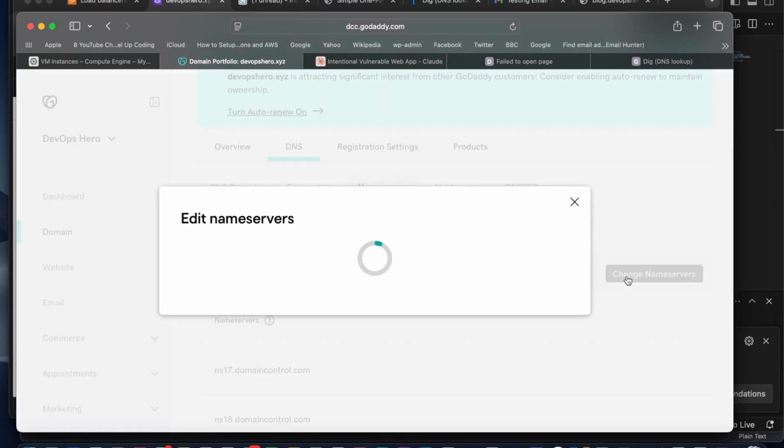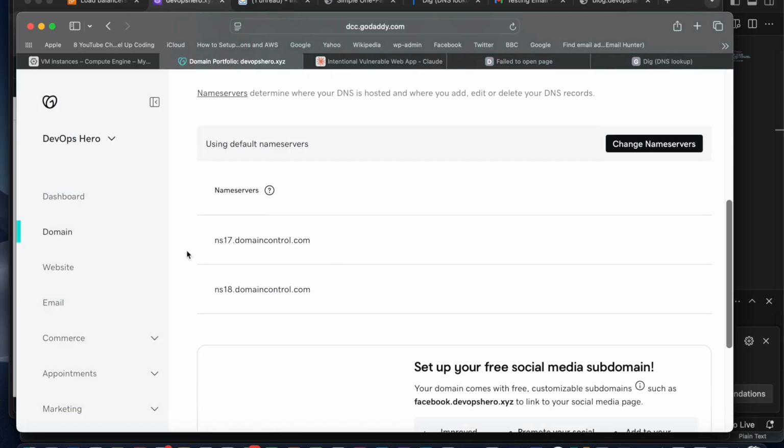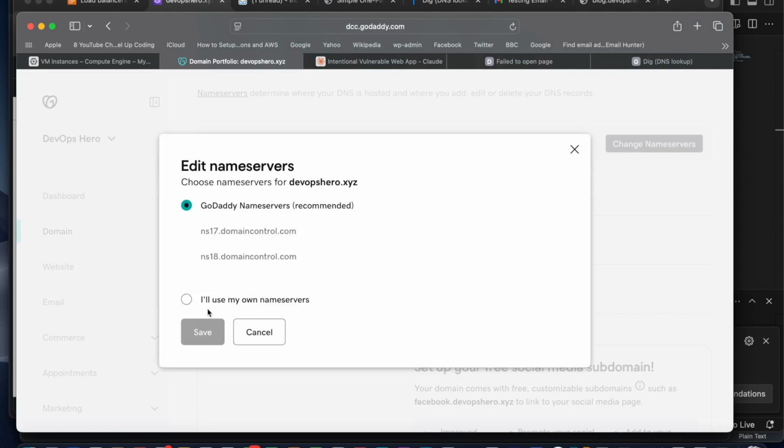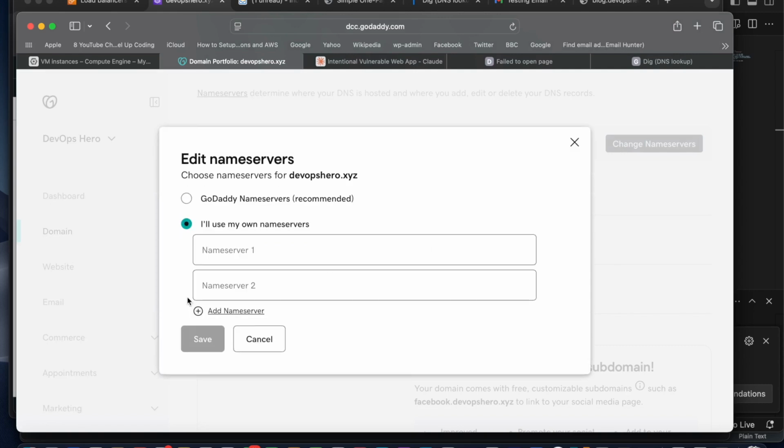So just click on name servers. Before changing, you can see these are name servers of GoDaddy itself. And if you click on this, let me put something, at least one. I'm not going to change it, I just want to show that. Maybe I'm going to keep this. So once I click on save,